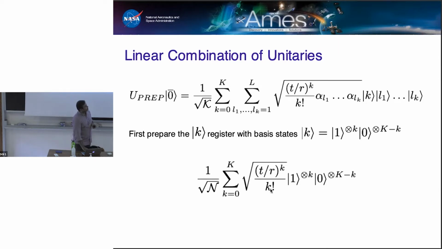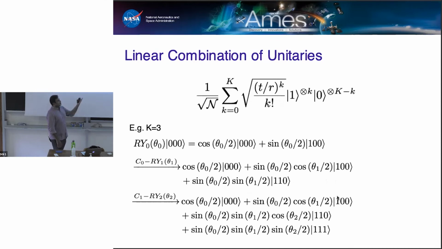Basically, what I'm going to prepare is a state that looks as follows. It has these particular amplitudes, and these are the particular basis elements. The way to do it, hopefully I can illustrate with a very concrete example. For example, if I have K equals 3, and I start off with the all 0 state, and let me think of the leftmost qubit as being qubit 0. Now if I apply an Ry rotation to this qubit 0 by some angle theta naught, I will produce this particular superposition, right? It only mixes the 0 and the 1 states of the leftmost qubit.